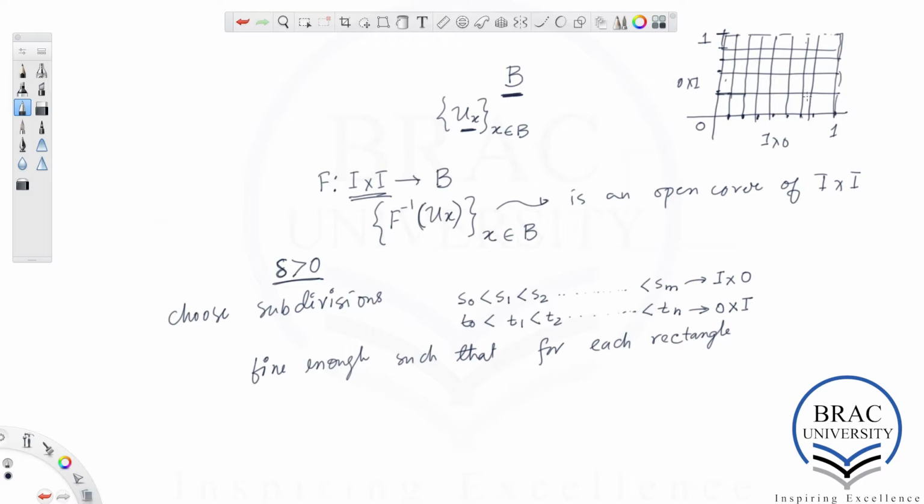So we do these subdivisions fine enough such that for each rectangle, which we denote by I sub i cross J sub j, where I sub i is along this direction and J sub j is along this direction, this is nothing but the subinterval from S i minus 1 to S i cross T j minus 1 to T j,